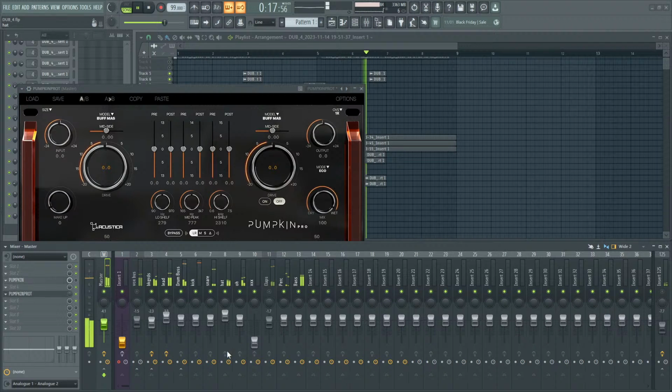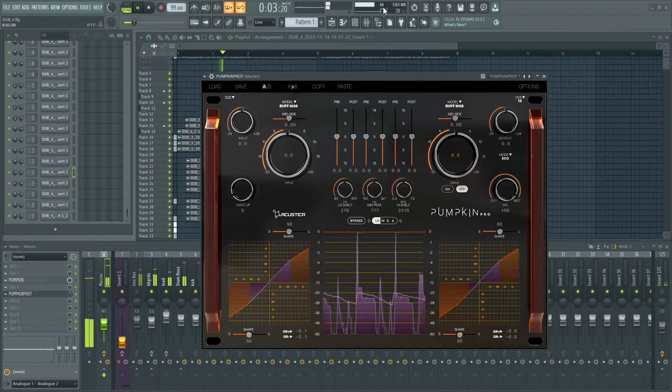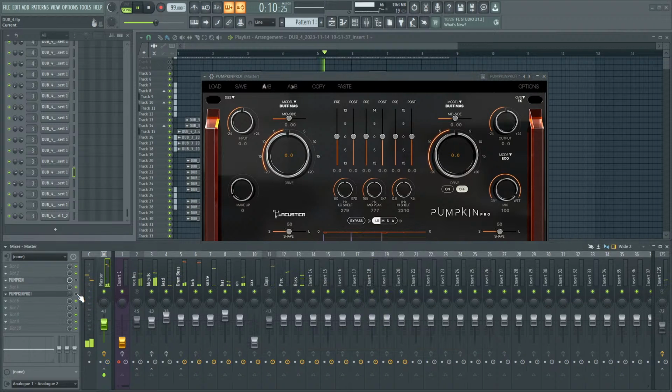Let me turn off some of this other processing. I got a little happy with some of the other plugins. Now this thing is pretty heavy from what I'm seeing right now. Look up here at our CPU meter. We're at 67. If I bypass it, it drops all the way down to 13 in this case. So this one is mighty heavy. Regular Pumpkin is heavy, but not as heavy, right? Because it only has the one stage of saturation in it. But anyway,